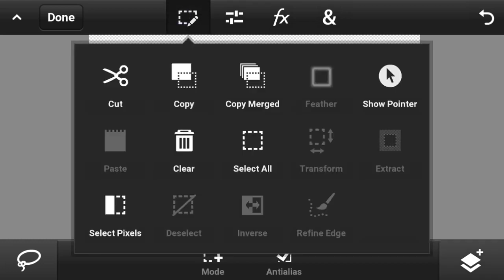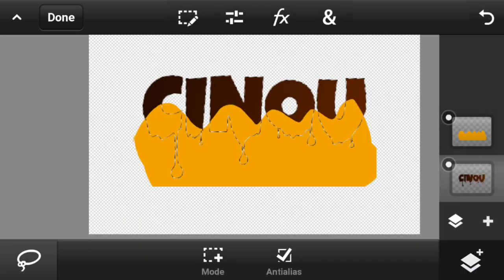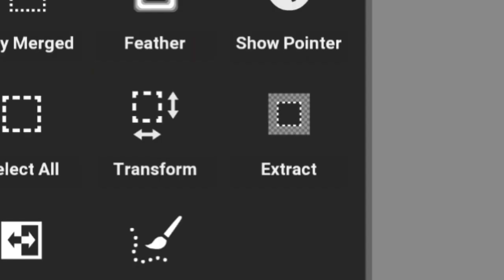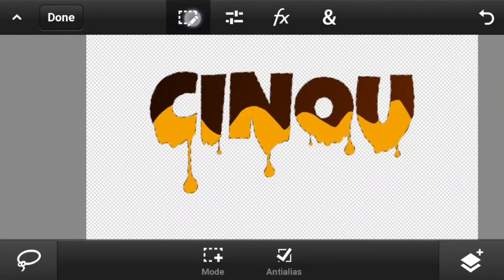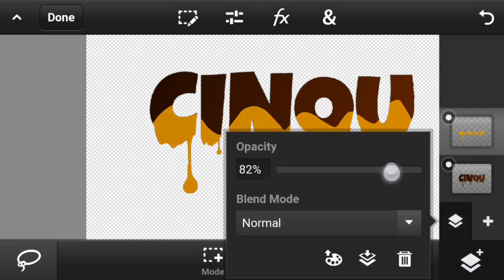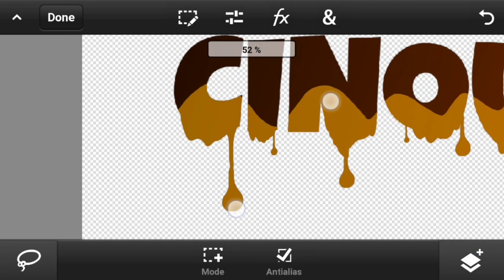Then go back to the text and hit on select pixels, then go back to the shape that we just created, which is this layer right here, and hit on this button right here and hit on extract option, and it should extract it. And as you can see, it looks, I guess, more delicious. So yeah, that's looking pretty good, and you can always fix it by just decreasing the opacity just like that,